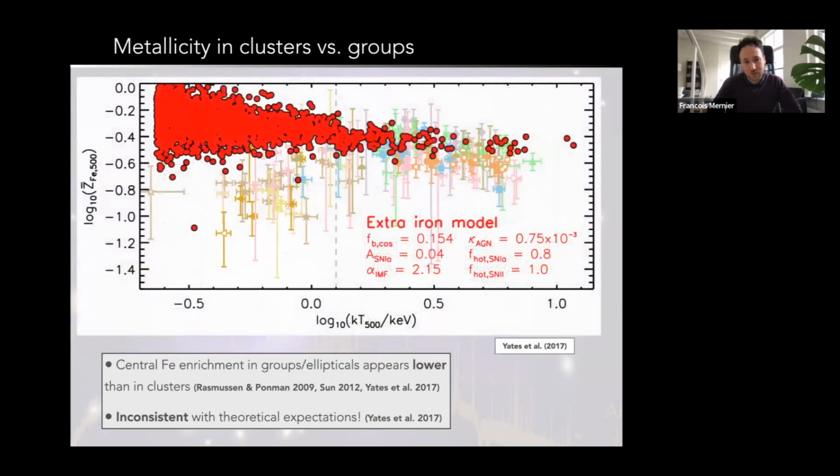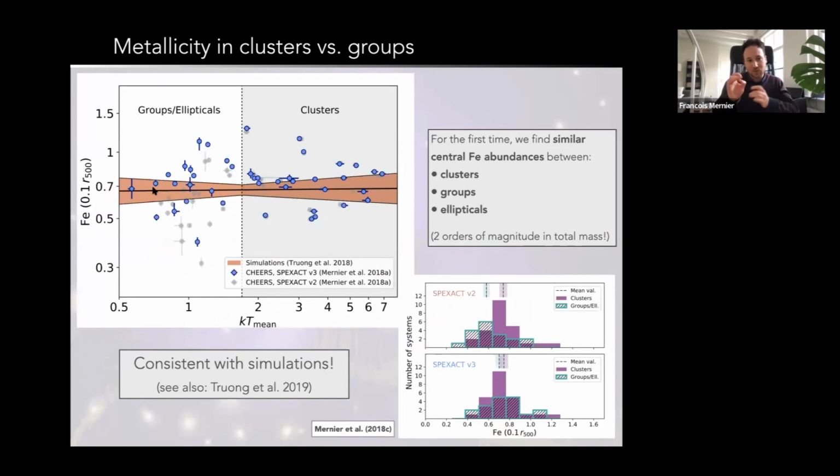In our case, what we did is that we just tried to look at all this data within some radius, which is 0.1 of R500. This radius is a sort of good compromise between being quite large in terms of extraction region with XMM-Newton, so that you avoid all background contamination, etc., but also being able to probe what's happening in terms of simulations, because simulations also have a limited resolution there. So this is still what's happening in the center. So here in this plot, you're still probing the different peaks,